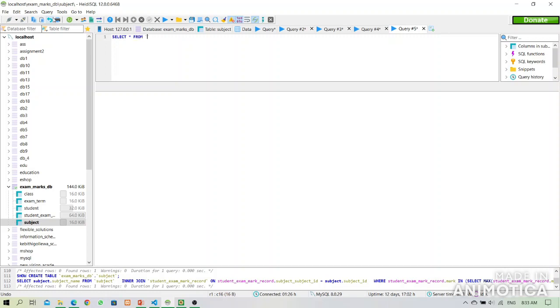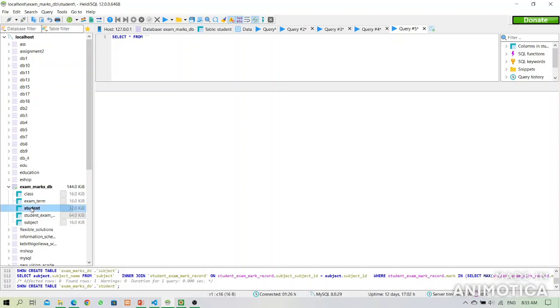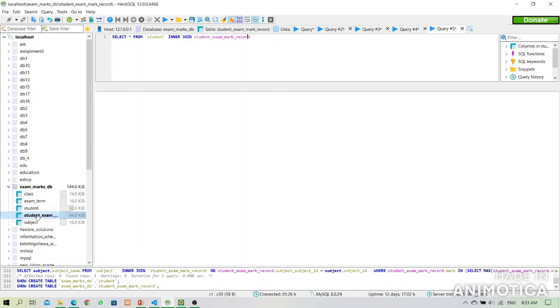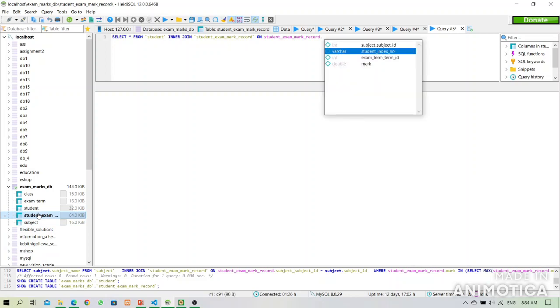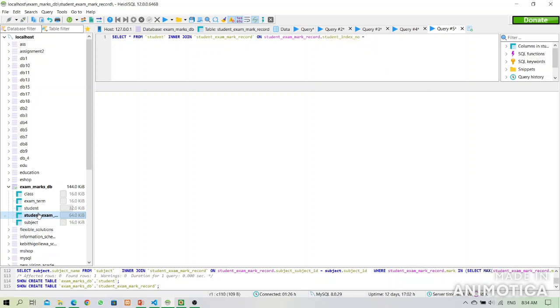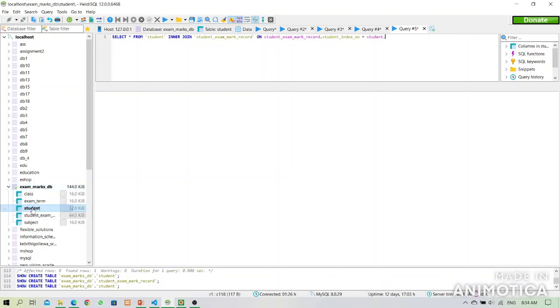Here we have to join the student table and inner join student exam mark record on student exam mark record dot student index number equals student dot index number. So now we can give the condition where